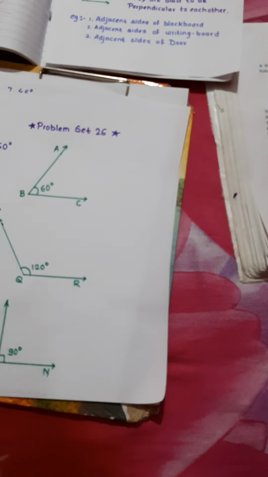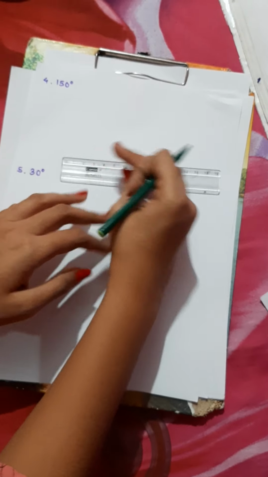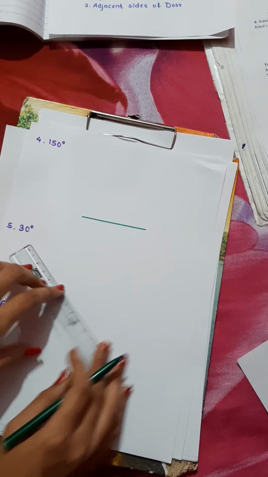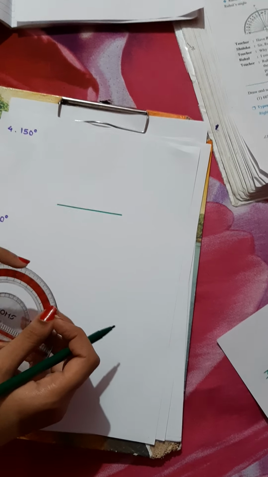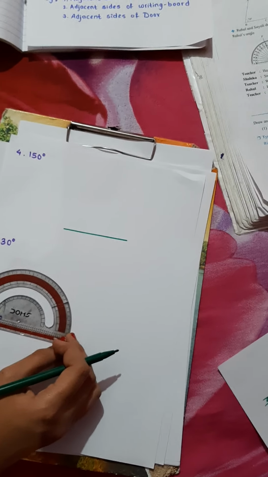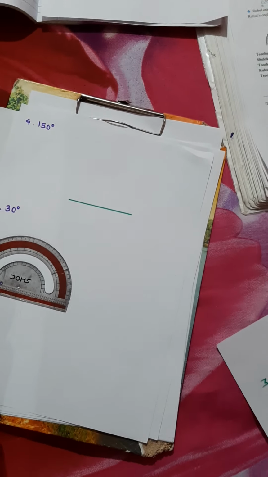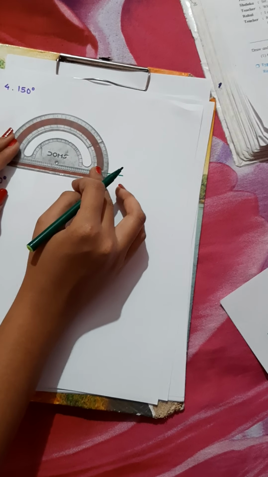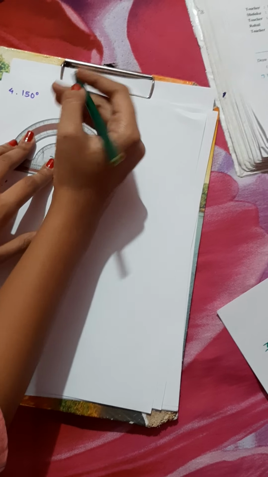Look at the next angle, the fourth one. The measurement given is 150 degree. Now 150 degree means more than 90. So which type? Obtuse angle, and its shape goes out, in acute. How to remember in a simple way? When the shape comes in, it is acute angle. When the shape goes out, it is obtuse angle. Now the fourth angle is of 150 degree, so it will go outside.